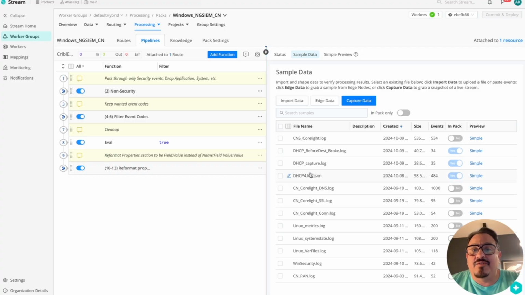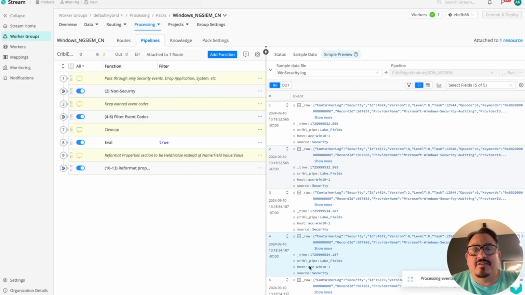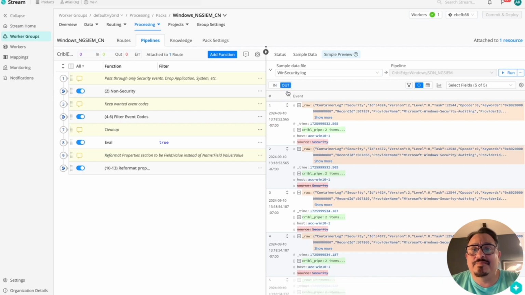So if we go over here and bring up this event file again, we're going to go into the Out tab, and we're going to take at least one event here that is going to be passed through. We want to copy it. We're going to use this in a minute when we go into the NG SIEM side. So now if we go to NG SIEM,